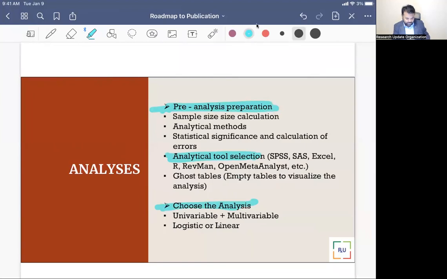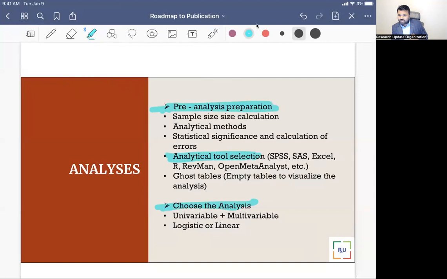That is the easiest way to plan your analytical planning, and we will make sure that whatever analysis is required, based on that, the software, the template for the ghost table,